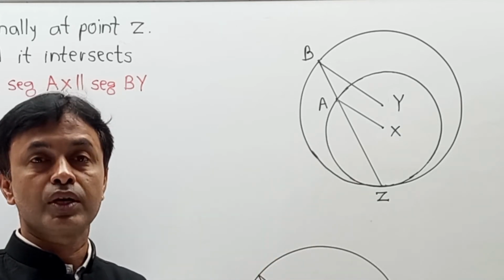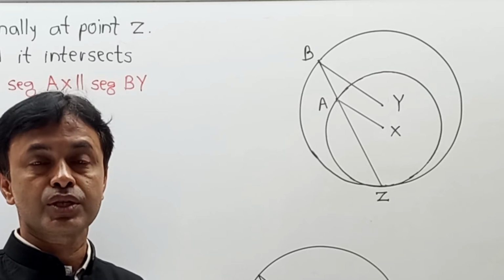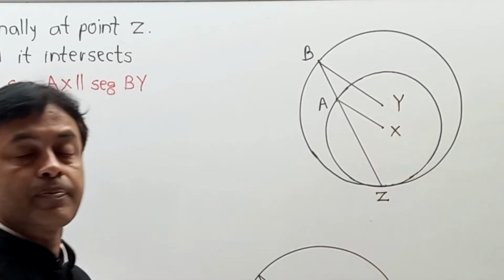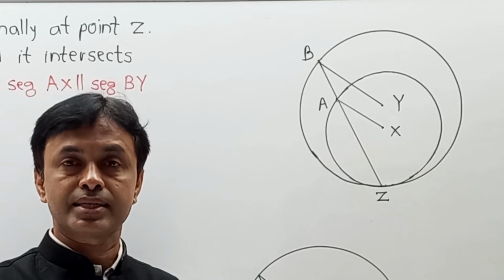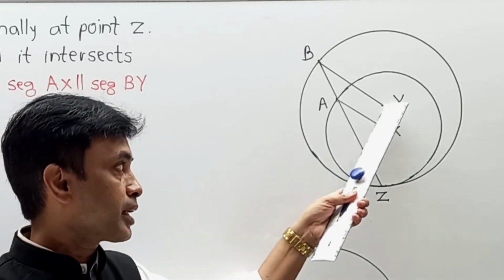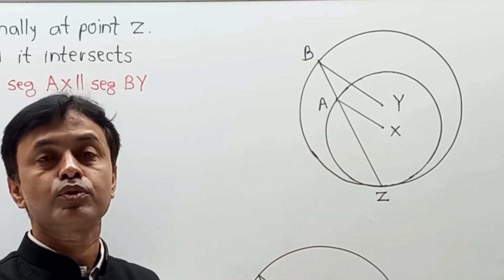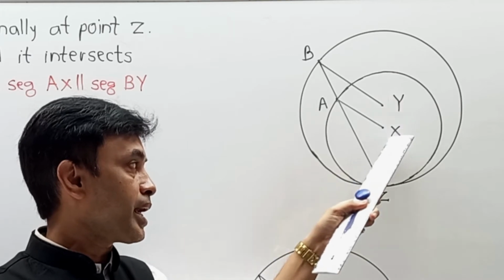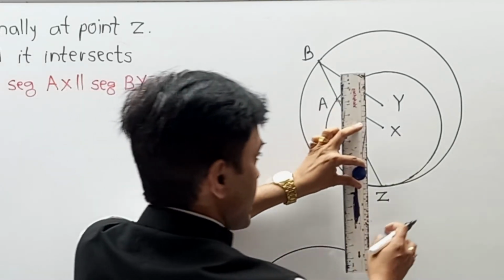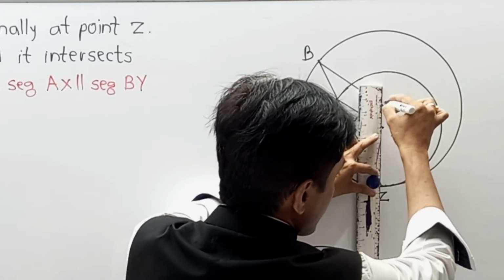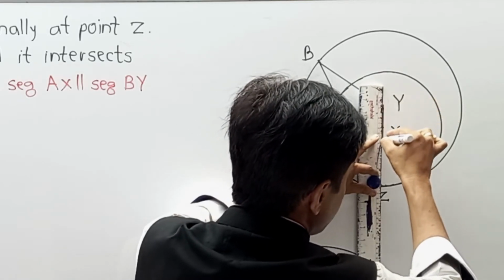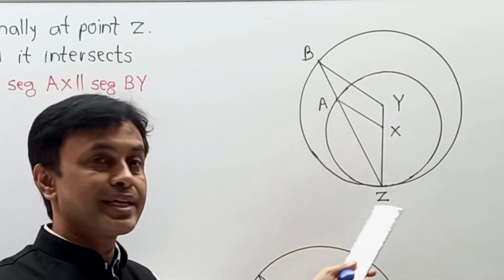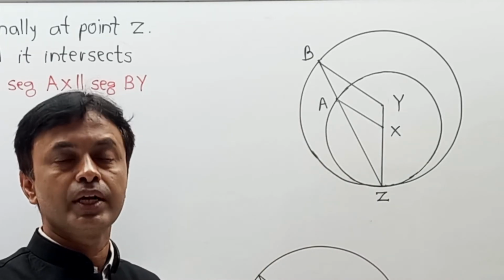First of all, here we have to do a construction. We know that the line joining the centers of circles, whether the circles touch internally or externally, must pass through the common point of contact. So here I am going to join the segment YXZ, and this is the additional part that we are going to draw because it is not given in your textbook. There is no line YXZ in your textbook, we have drawn it. You can call it a construction.